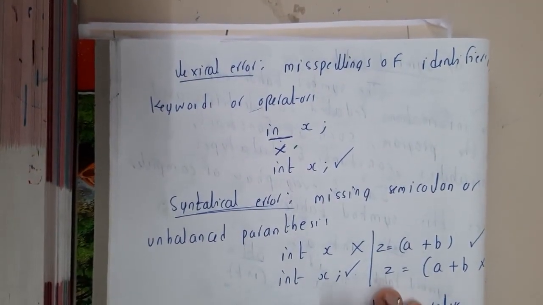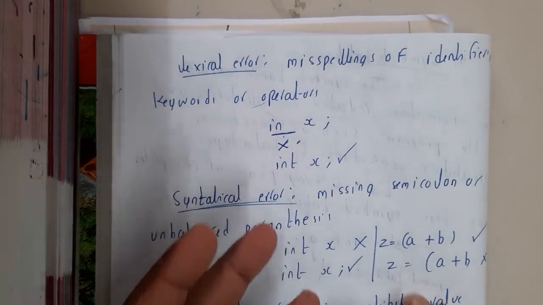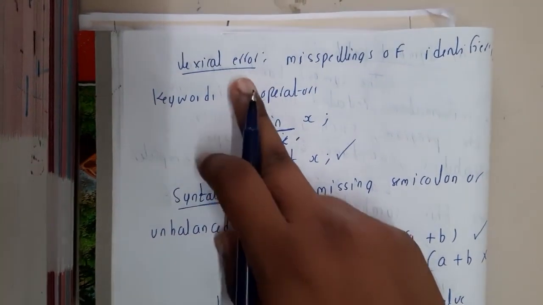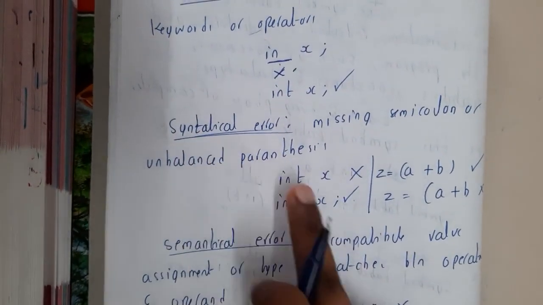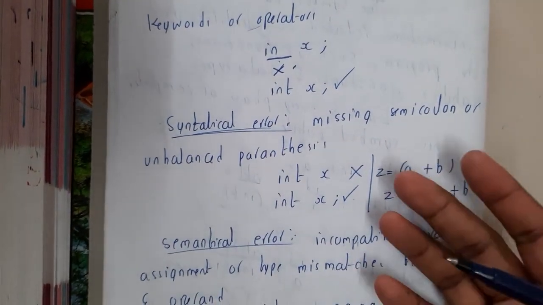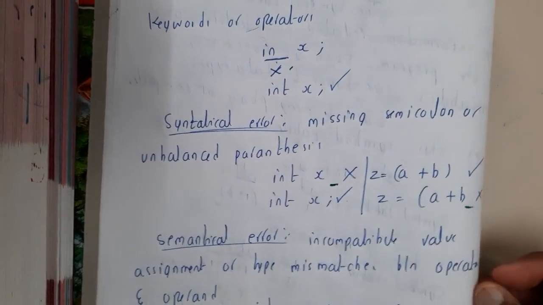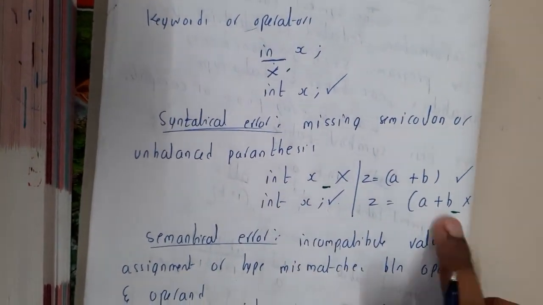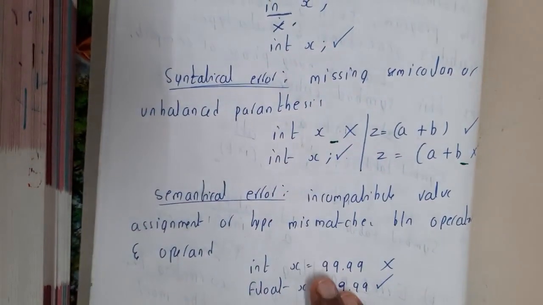If you recall, in the lexical analyzer, I told you that we will be identifying the spellings, right? So the spellings will be identified here. Similarly, syntactic errors. Syntactic errors are nothing but some kind of missing things, guys. Here you missed a semicolon. Here you missed the circular bracket at the end. These kinds of missing things can be identified by the syntax errors, guys.